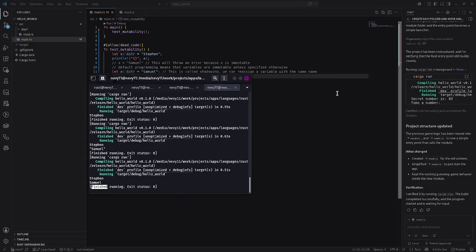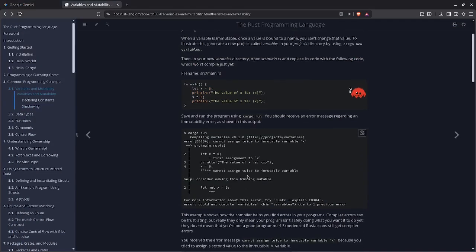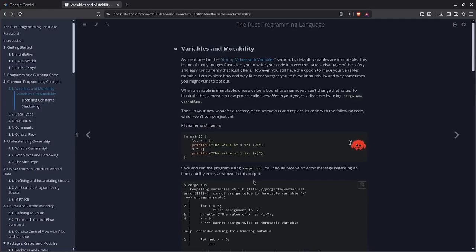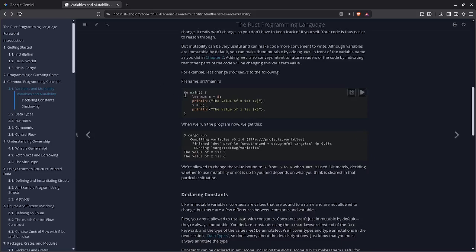Okay, so we'll go to the next option, variables and immutability. So that's let mut x is 5, x is 6, so mutable x